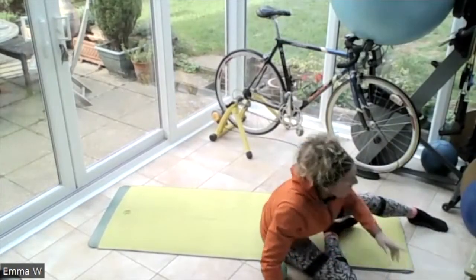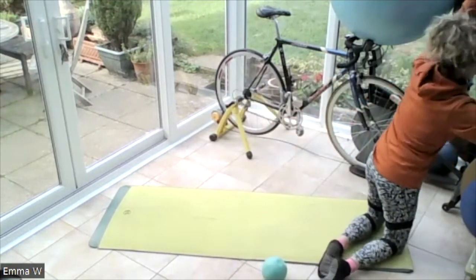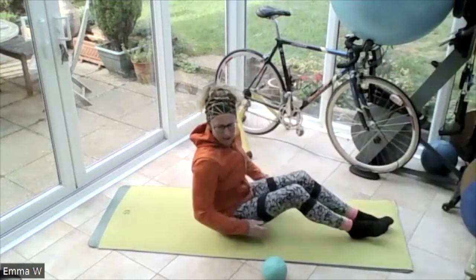Got it. So I might just have a stick nearby as well. We haven't done a stick for ages. And we'll put that on the floor. Okay, so